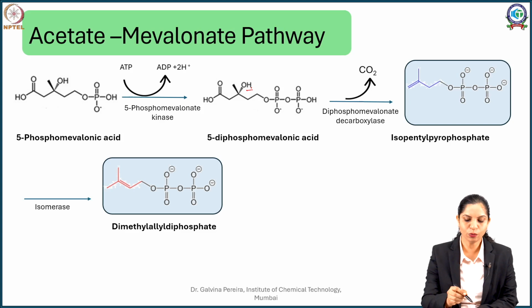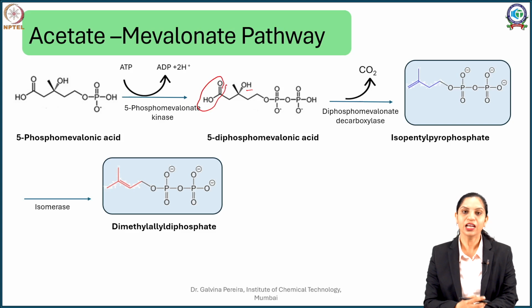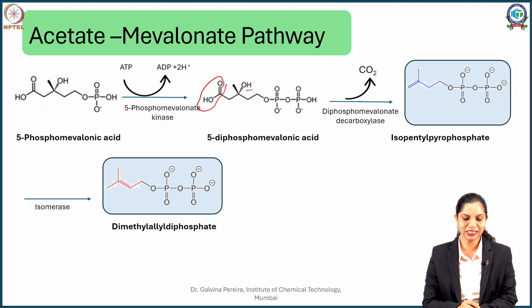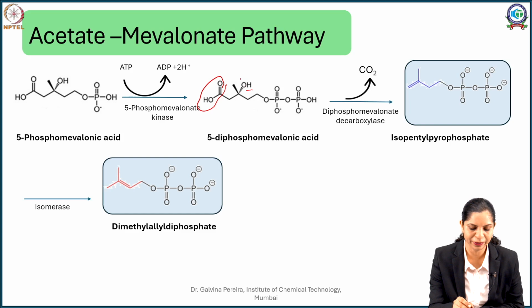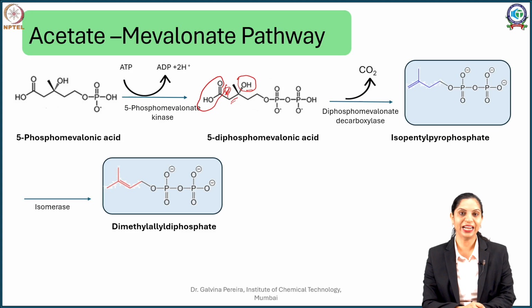diphosphomevalonic acid. Now this will undergo decarboxylation. So we are going to lose this. We initially had 6 carbons. Now a decarboxylation means a carbon less. So we are going to have effectively 5 carbons after decarboxylation, which we precisely want because our isoprene is a C5 unit. Not only that, when this decarboxylation happens, there is also elimination. The elimination of this hydroxy with the hydride from here leads to formation of double bonds. So this may undergo elimination resulting in a double bond, and that's where we get our compound isopentenyl pyrophosphate.